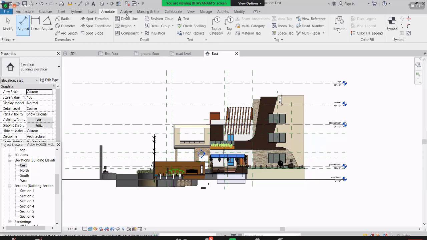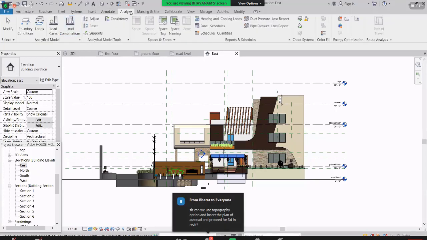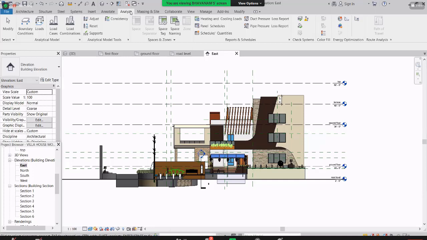And here you can see the Analyze option. Guys, in ETABS or in Revit also we can do the building analysis. But see, it will never be accurate. It doesn't give you the compatibility like ETABS and STAAD.Pro. So no licensed structural engineer can use these Revit analysis options. Okay, so Revit prepares its own options.